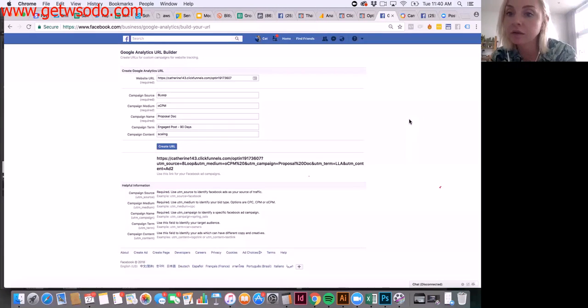Yes, it is possible to do dynamic UTM values. Has anyone ever done this? Because I haven't done this in a while. And since they merged things, I don't know how to do this in Ads Manager. It is possible. Make sure that the images on your funnels are compressed to make sure that you don't overload. Yeah, like,